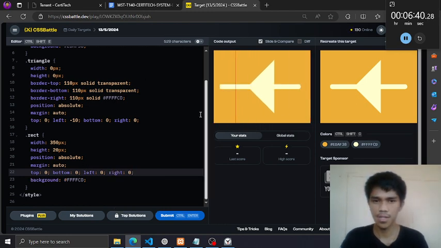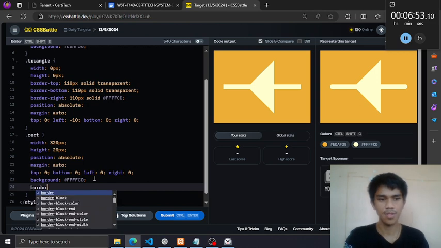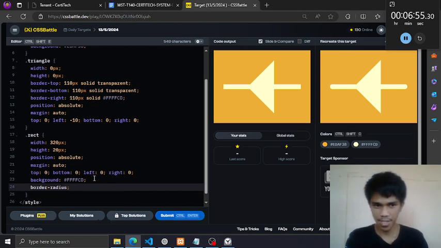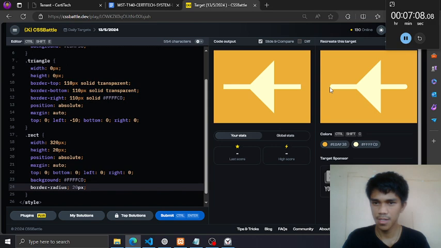And the width is smaller, 20, and has a border radius. This is not percent, but the value is pixel because it will not reflect the same as here.